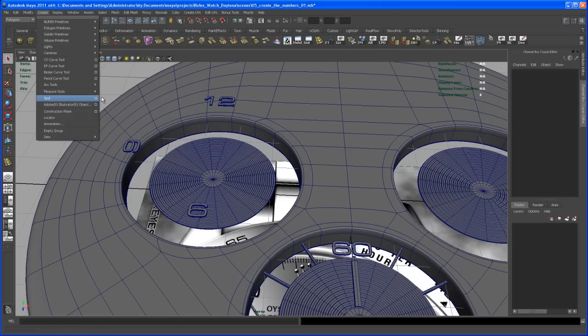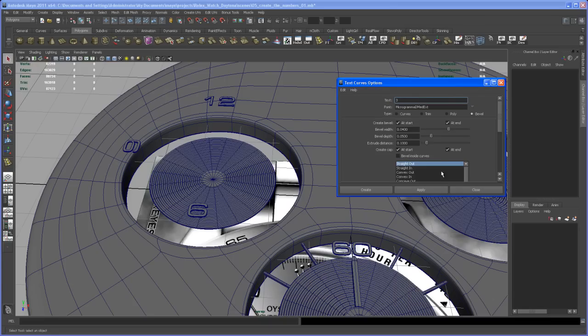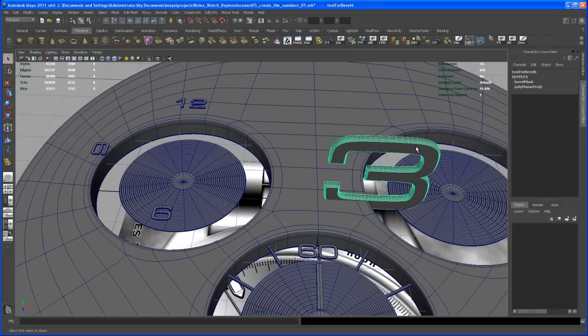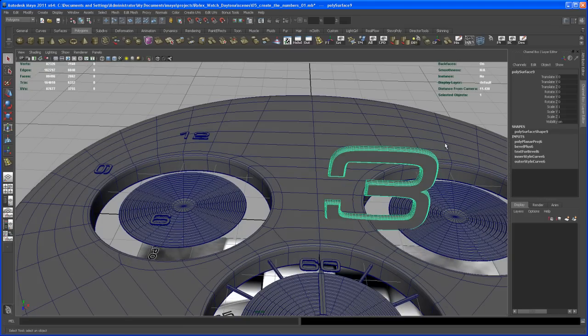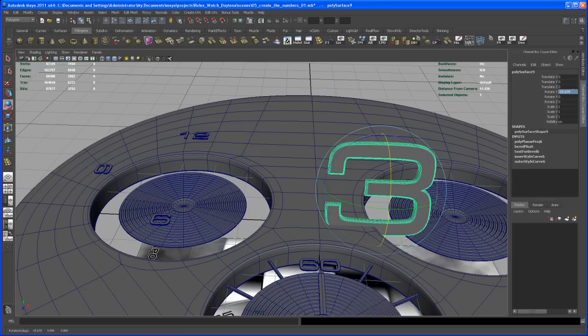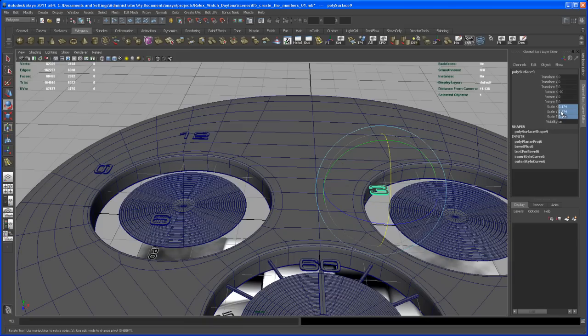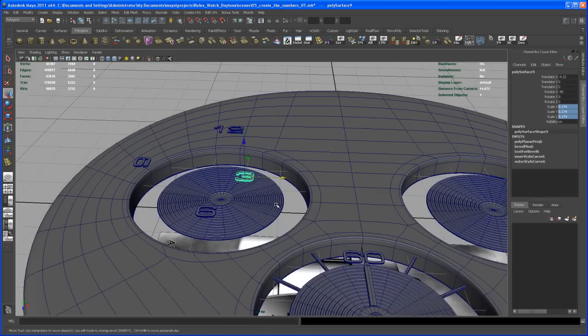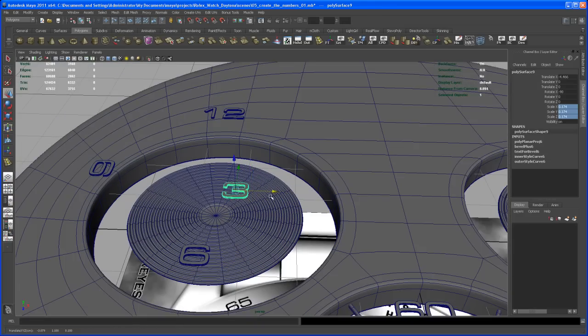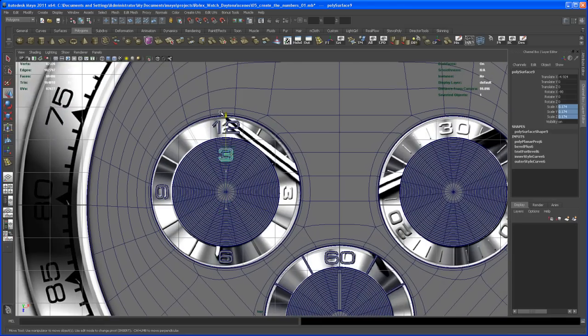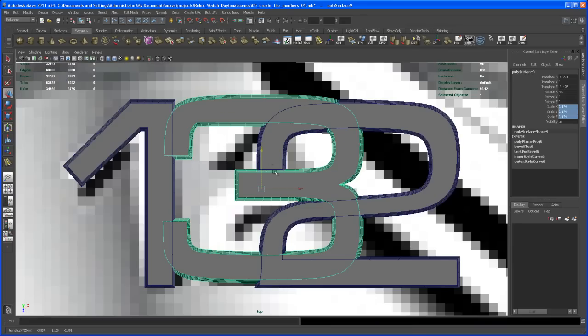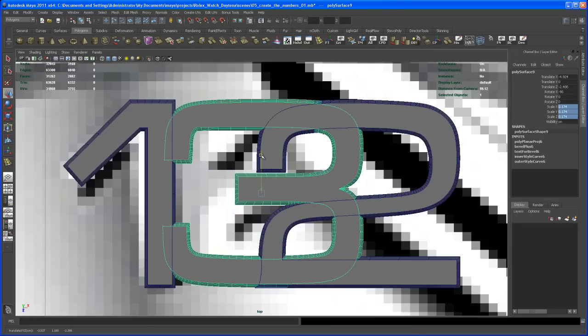Okay, go to create, go to text, type in 3, hit apply, and again, select that guy, center the pivot, rotate that guy -90 degrees in X, scale that guy in 0.174, and move this guy into its position like that, and again bring it to the same spot, or almost the same spot as the first number that we created here, number 12,